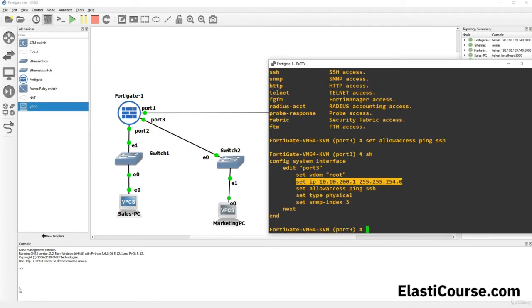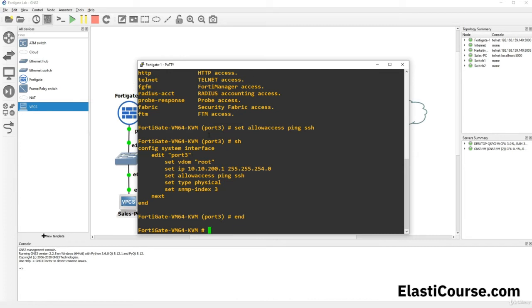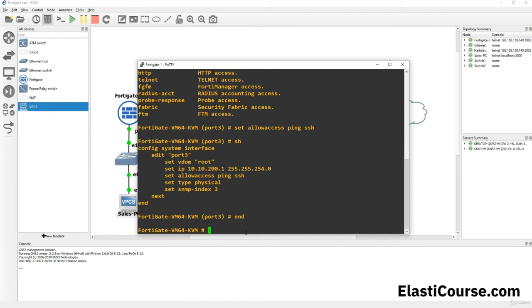So let's go back to our FortiGate instance. And we already finished this configuration for port 3 from this side. So we can click end or next to get out of it. And end puts me all the way up to the root level. So now that I'm here, we used config system interface to configure the interface. This time we're going to put config system DHCP server